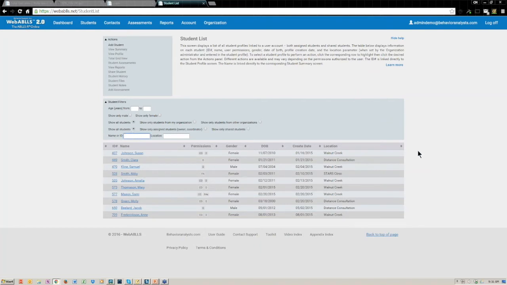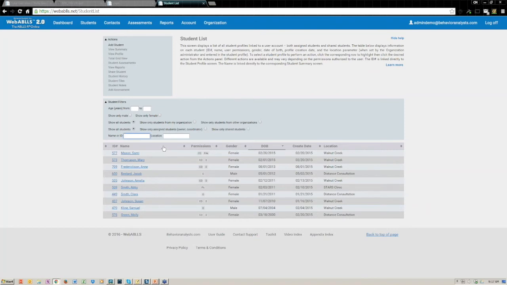The list down below, each list has column headers, and you can sort by those column headers by simply clicking on the link. You click date of birth, you've got it all in order of the date of birth. If you click it again, it will do the reverse order. And that's valid with any of these column headers.